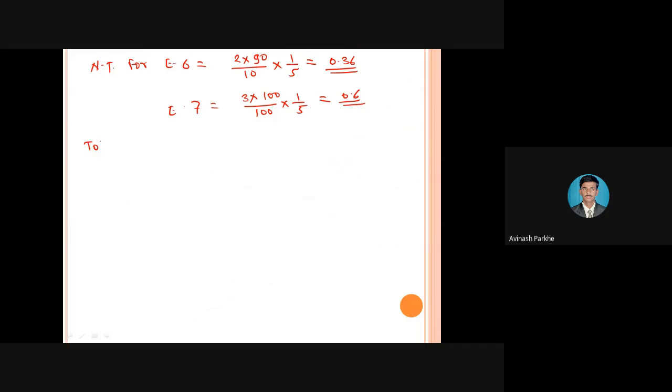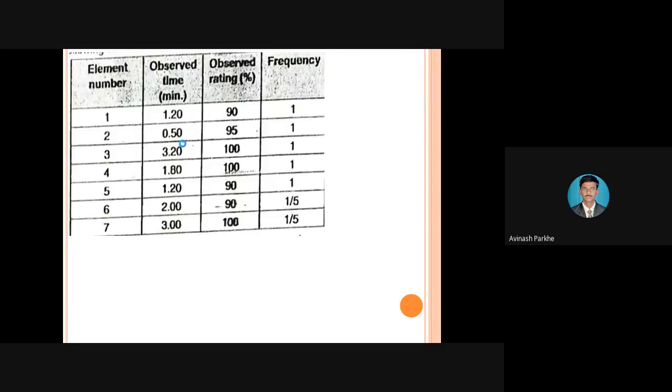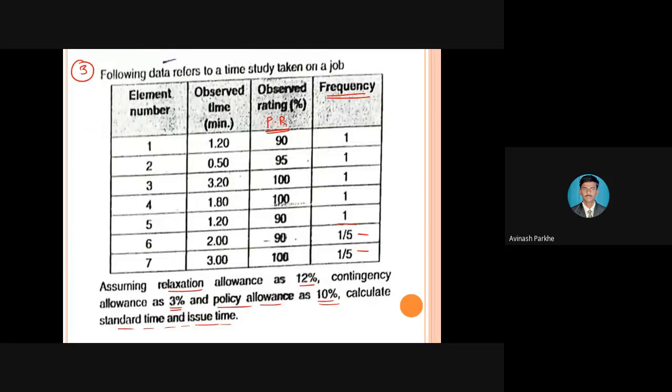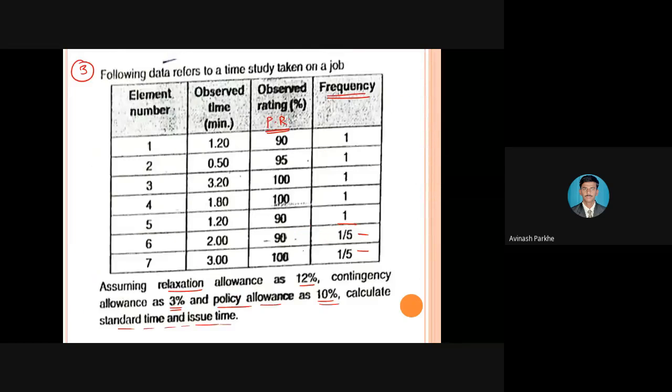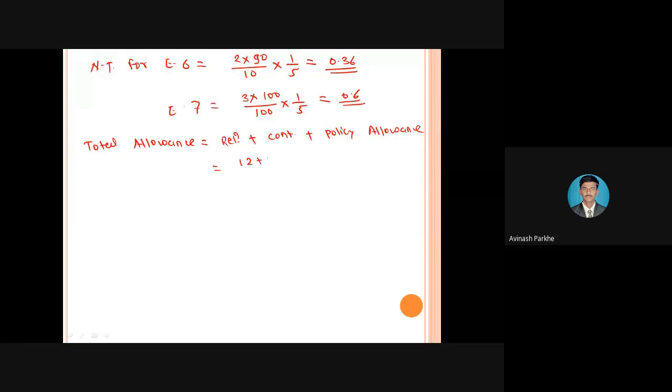So first of all, we have to calculate the total allowance. This is also one simple step. Total allowance is equal to relaxation allowance 12% plus contingency allowance 3% plus policy allowance 10%. So 12 plus 3 plus 10 is equal to total 25% allowance given during that particular working condition. Therefore,